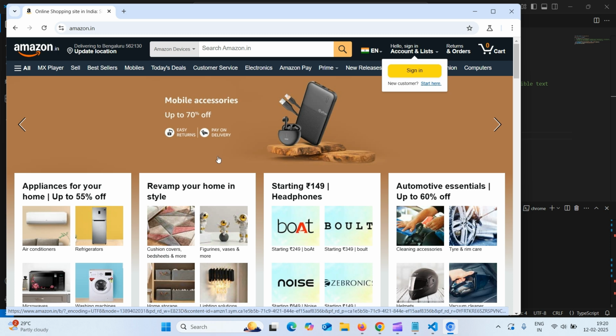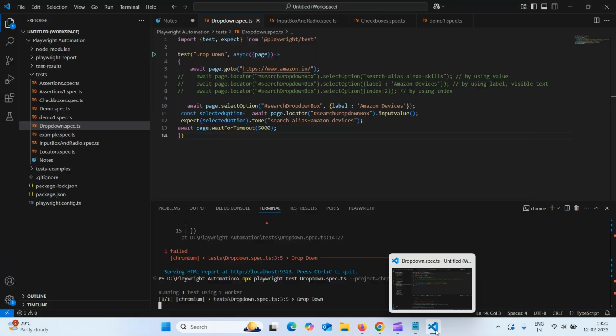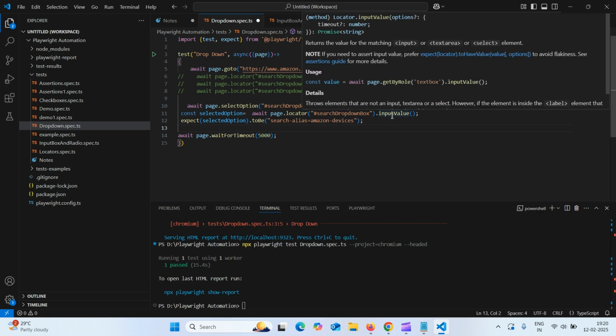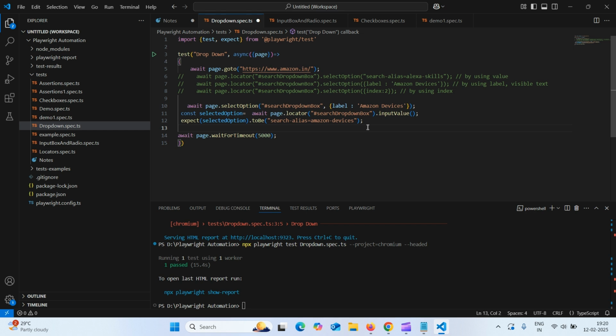So Amazon devices got selected. One test passed, which means the assertion is passed. Here there is another method to take the value, that is text content. One is we can use input value to take the value we entered in the drop down, or we can use the text content method. For that also I will take the same locator,